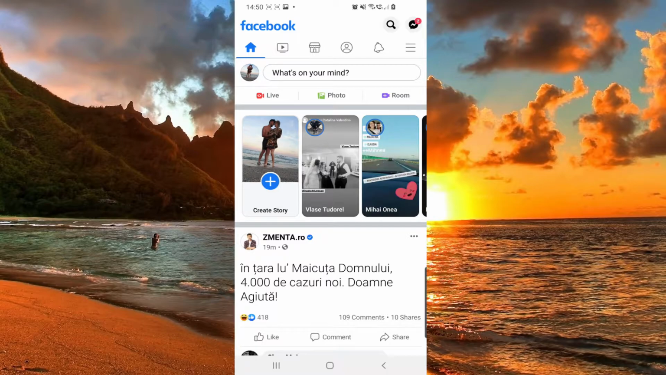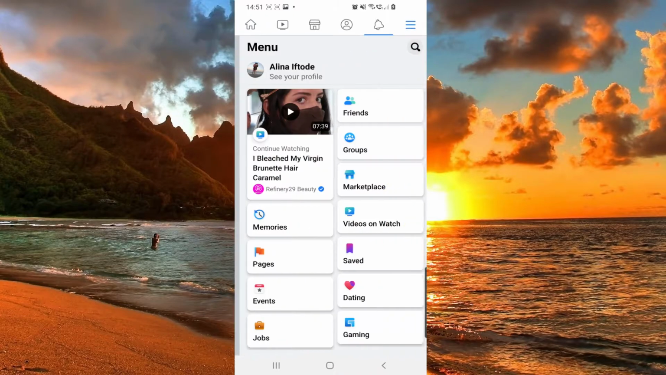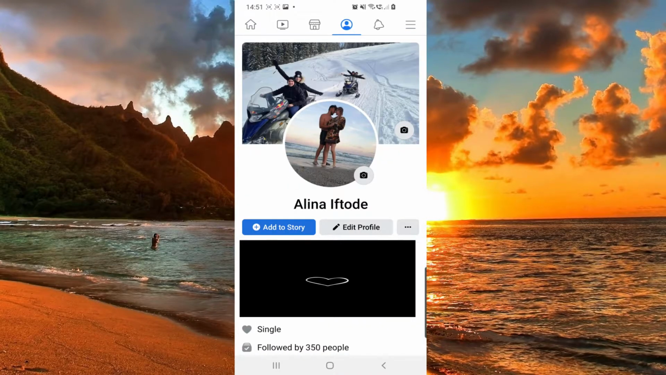So once you are logged into your Facebook, you have to click on those three lines from the right top corner. So we just have to go to our profile. So click on that and then click on your profile. So from here you want to click on edit profile